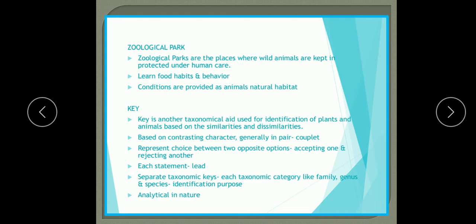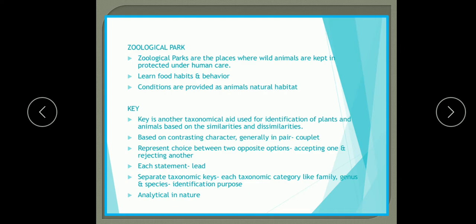They are very useful in spreading knowledge on wildlife diversity in the various states and selected ecosystems, and the animals provide better means of recreation to the visitors also. They help in taxonomic study of the fauna of a region. Fauna means the animals. They provide a database for the recorded species of the country, meaning one can know that these are the varieties or species of animals found in our country. They provide training in the area of animal upkeep and maintenance. So this is the role of the zoological parks.